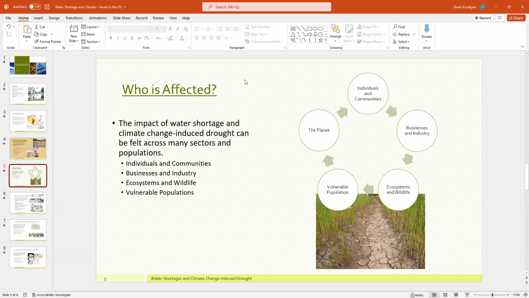to long-term damage. The vulnerable population: it's just important to recognize that some populations are more vulnerable to the impact of water shortages than others. Low-income communities, indigenous people, and other marginalized groups may lack the resources to adapt to changing water conditions. Example, Canada has water shortages due to climate change and other factors, which lead to health and economic impacts.